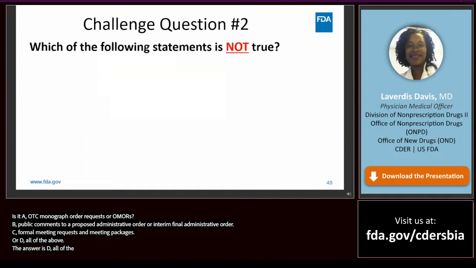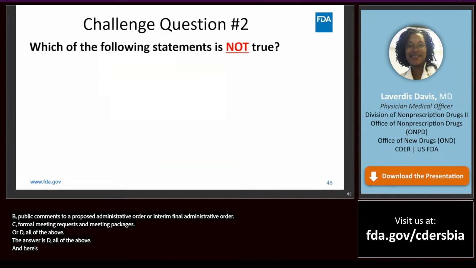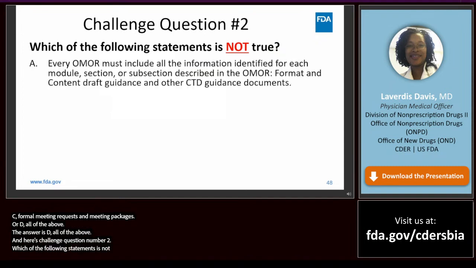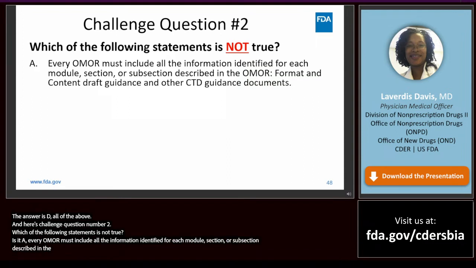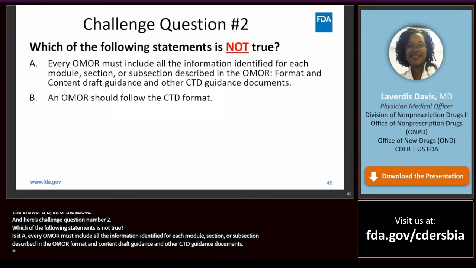And here's challenge question number 2. Which of the following statements is not true? Is it A, every OMOR must include all the information identified for each module, section, or subsection described in the OMOR format and content draft guidance and other CTD guidance documents? B, an OMOR should follow the CTD format.